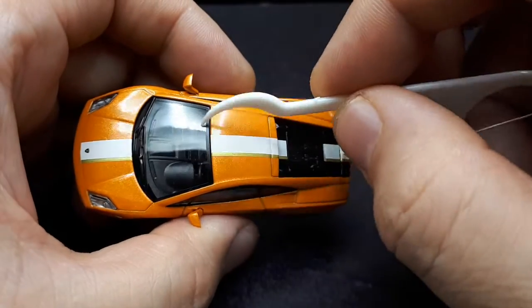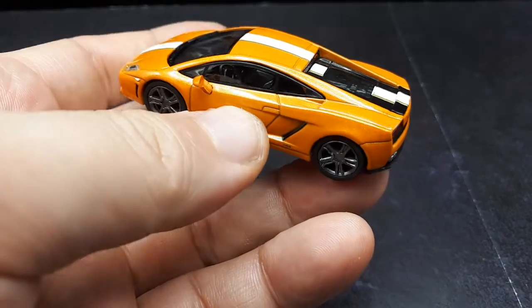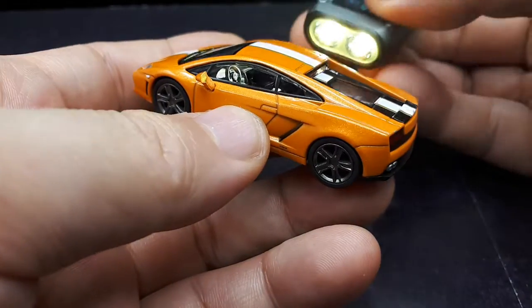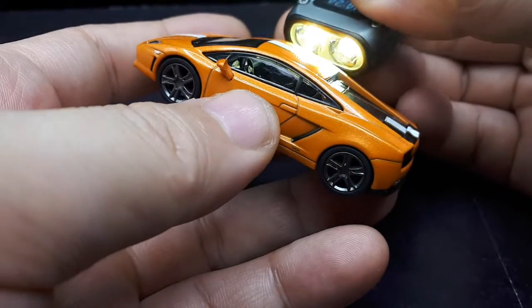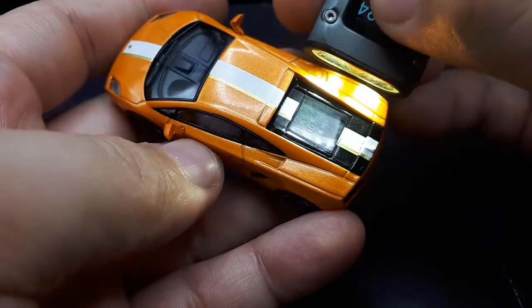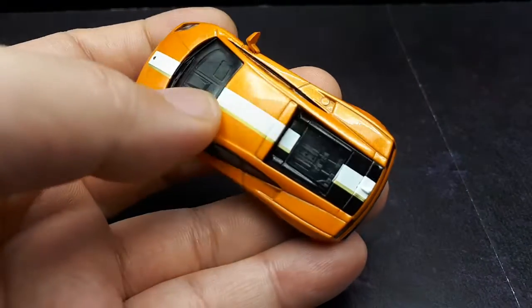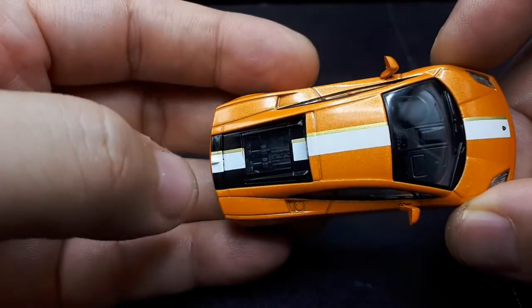You can see there's a lot of molded in detail. It's just that Kyosho generally always just has black plastic, so it's really kind of boring. You know, you don't even really want to see the interior just being so dark, but there is detail in there. Okay, well, just looking over the paint and stuff, I don't actually see any paint bubbling, scratches